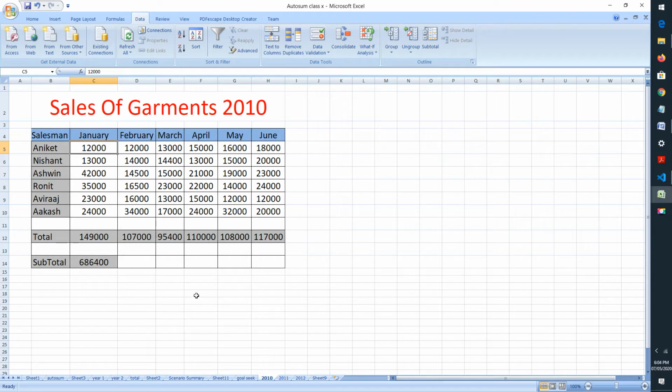This worksheet represents the data of a garment shop, the data of the salesmen in different months for the year 2010.